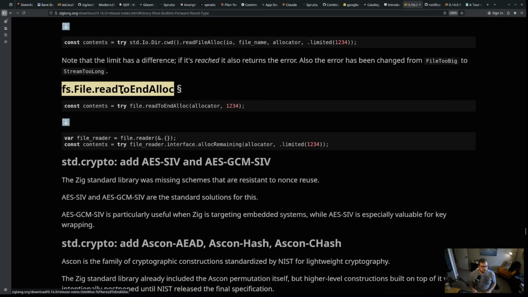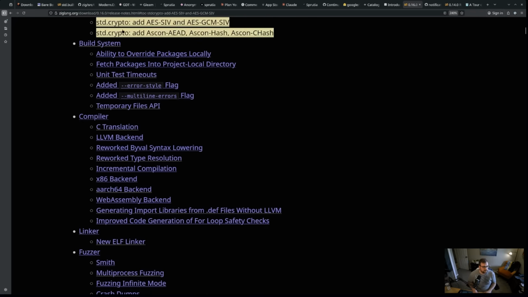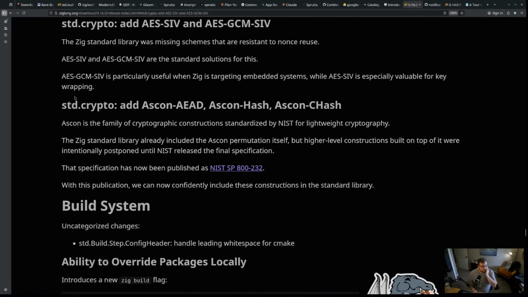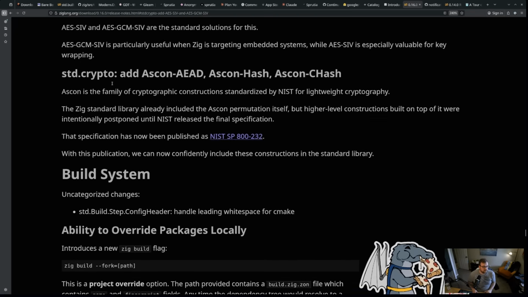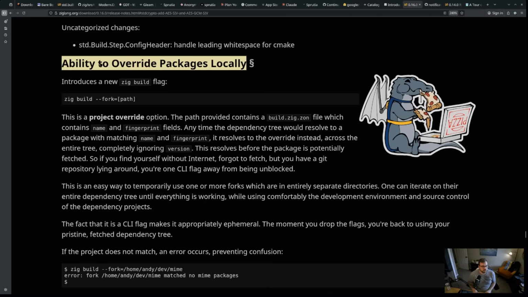Same thing here with a read to end alloc. So there's a limit that you can pass in, and it will return an error. Some changes to crypto. I'm going to skim through these. Changes to the build system, including this one, which is kind of important, which is the ability to override packages